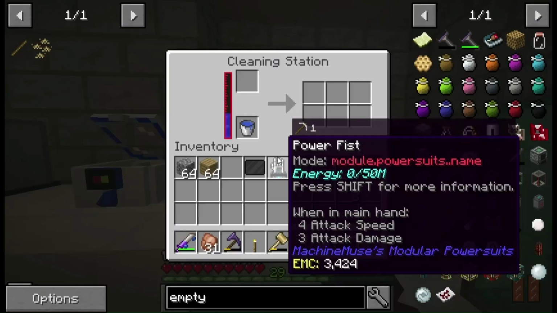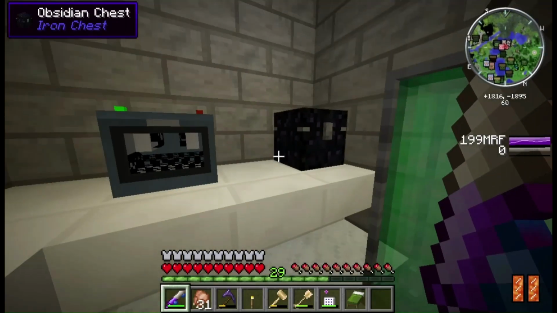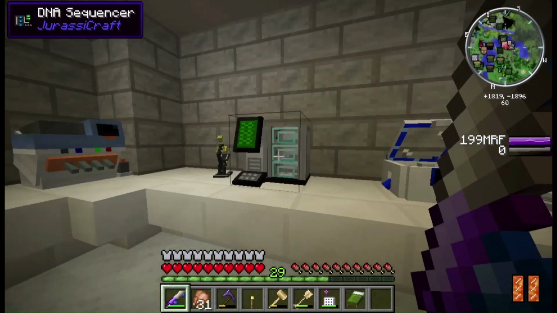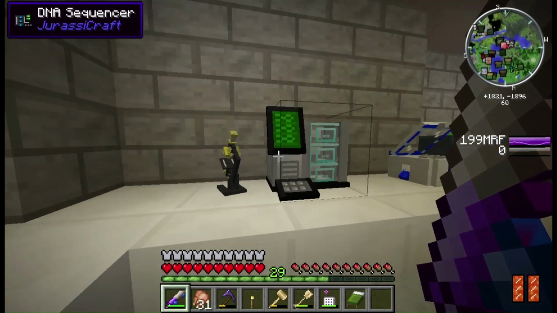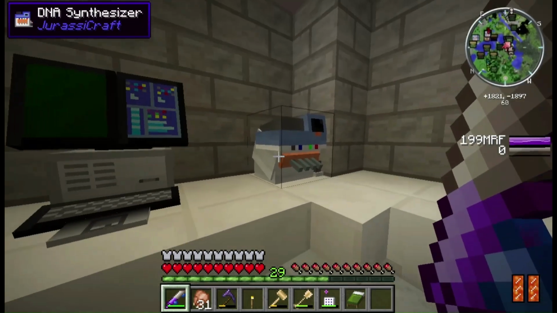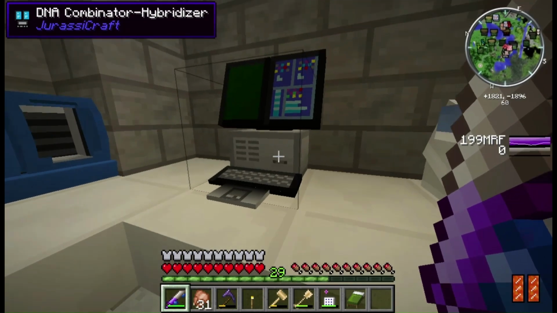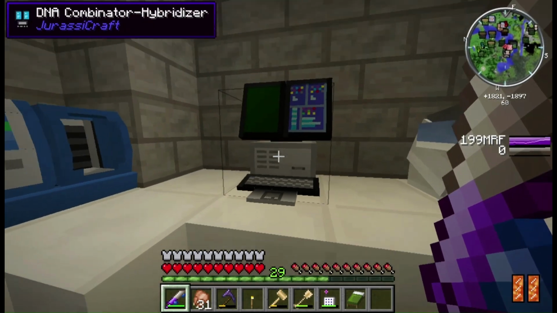Like right here's the first step, the cleaning station where you clean the fossils, like from the plaster. Right here's the step to find out if you have DNA or not. Here's the step to find out how good your DNA is. Here's the step to actually clone your DNA once you have it. And then here's the step to combine your DNA if you need better DNA, like if you have 2